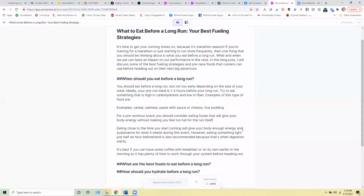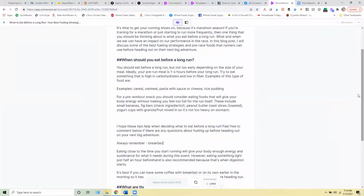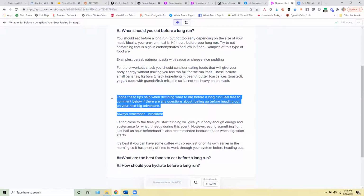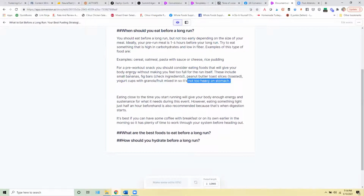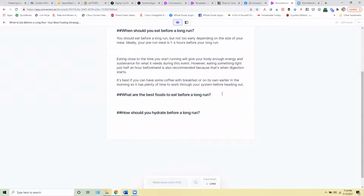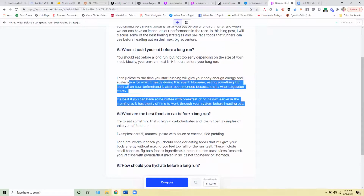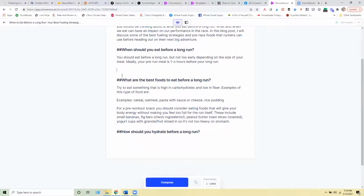It's going to give some sample foods now, so I'm probably going to move those down to the next section. So I'm going to take this information that it gave me and move it down here. And then I would keep feeding it information here. So maybe I'll take this out. Again, I'm just playing around with it. I don't want to read too much into it right now while we're all on this call, but maybe I'll